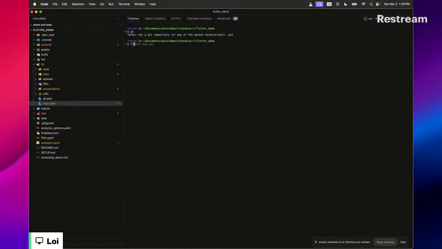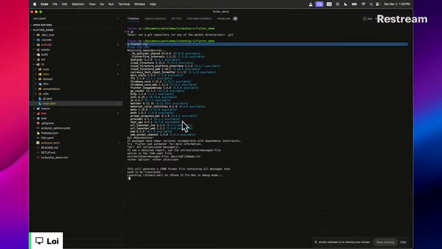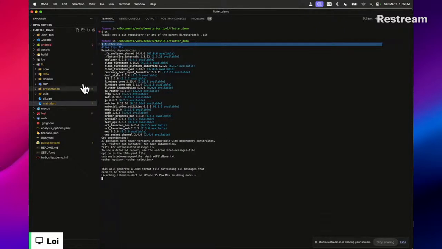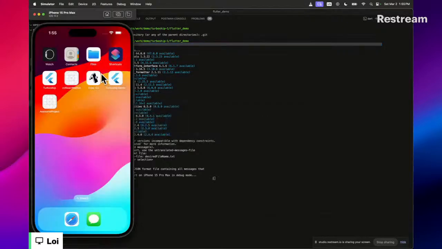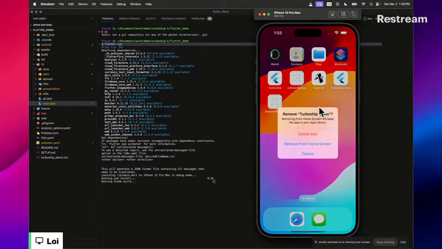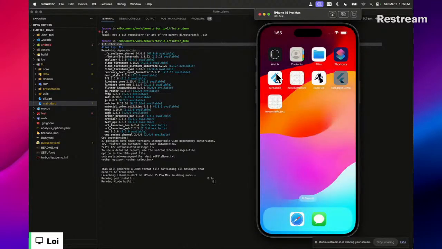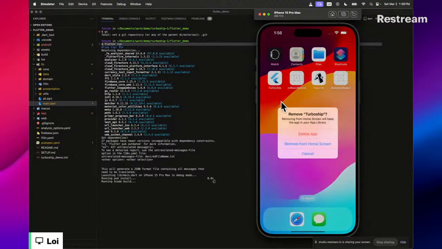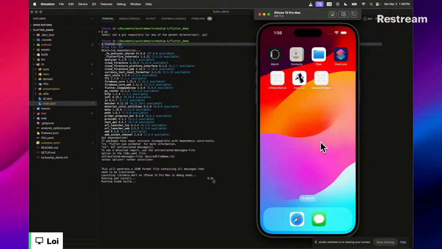Let's see whether or not we can now run Flutter run. So by running this command, it's gonna start off a process on the computer, and the computer is just gonna basically have this little guy that's living, and this guy's responsibility is to look at the source code of the Flutter application, combine it, and then make it live inside of this simulator right here. And I'm actually gonna prove that this is going to be a new app by deleting all my previous Flutter apps. So you can see now I'm deleting all my Flutter apps. And if this runs successfully, you'll see a new icon here pop up, and it'll show